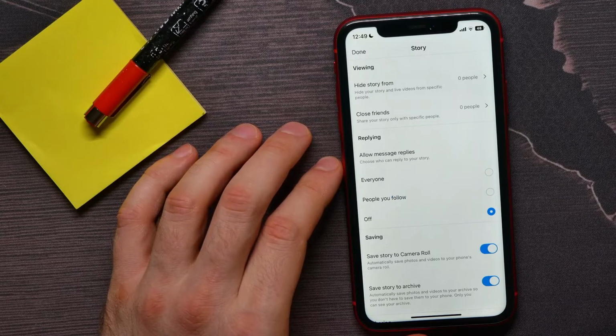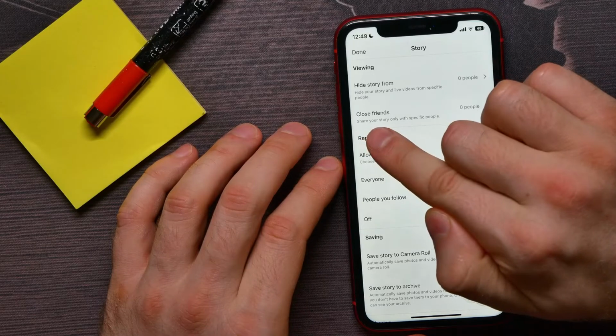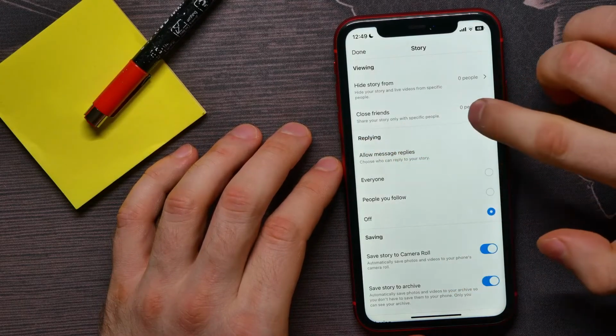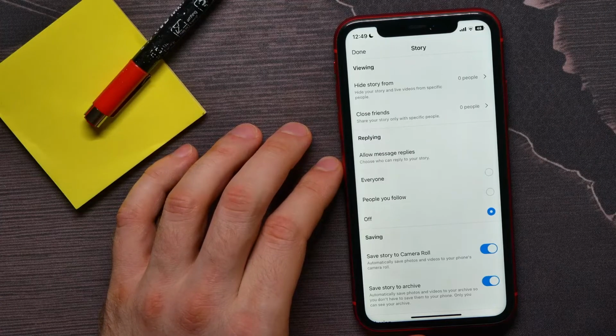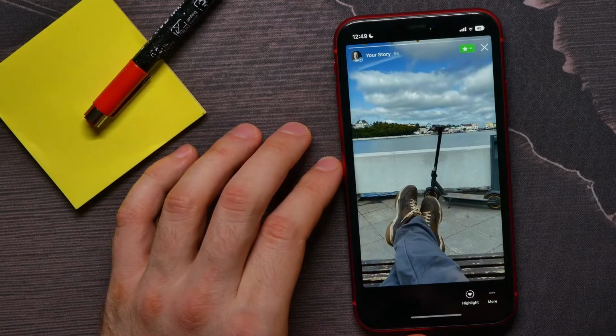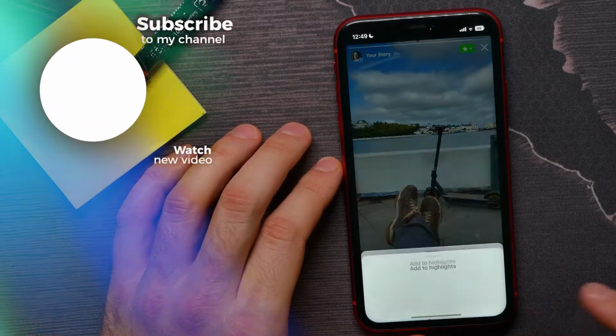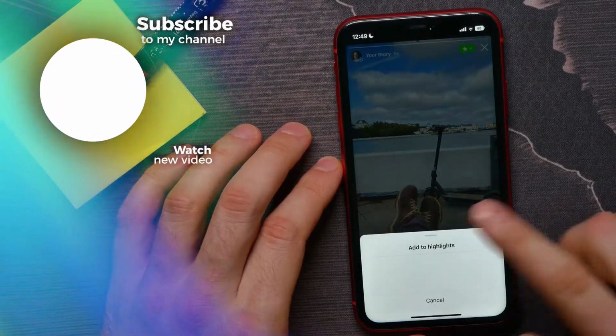So for now, as you can see, you just shared your story to just your close friends, but now you have here 0 people, so nobody is able to see your story now. And then you can tap on done, then tap on highlight, and from here you can add this story to